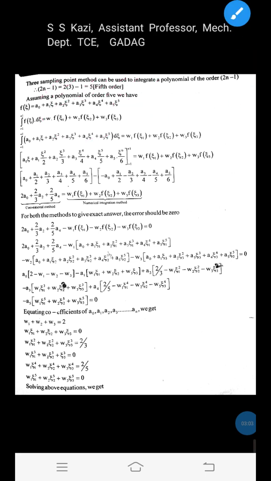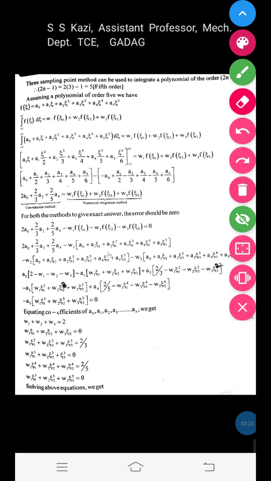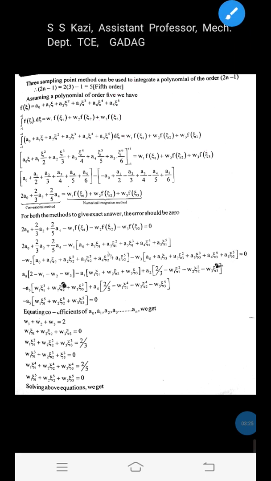Next we will write f of zeta. We have assumed that it is a 5th order polynomial. You write integration from -1 to +1 of f of zeta, as the 5th order polynomial, is equal to w1 f of zeta 1 plus w2 f of zeta 2 plus w3 f of zeta 3. Once you write that, after that, using the conventional method we will integrate this f of zeta with respect to zeta